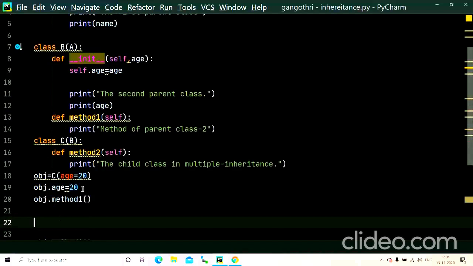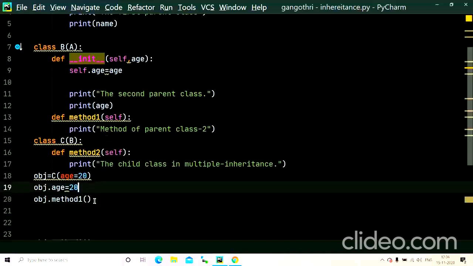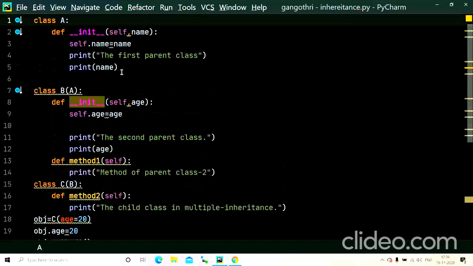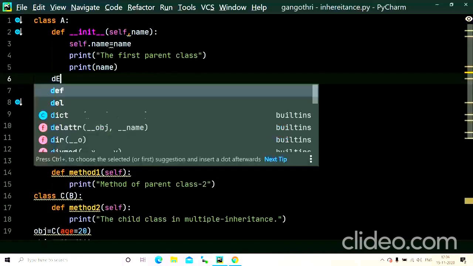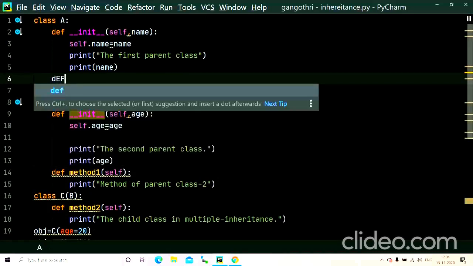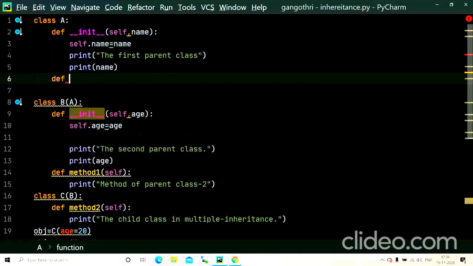Okay. Now, according to our assumption, we have inherited only the properties of B, right? But in this program, you can work with the methods of A as well. So to check that, let us create a method for our parent class A. Okay. So we have used method 1, method 2. This time let us use this method.